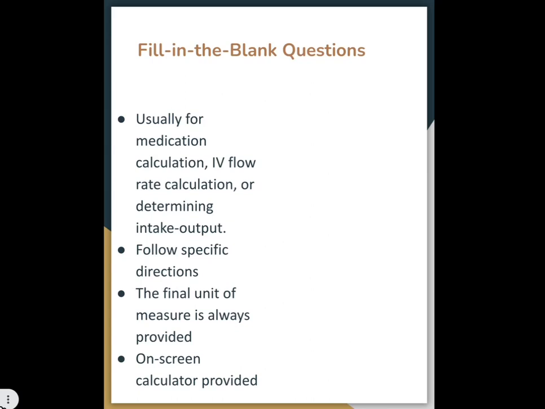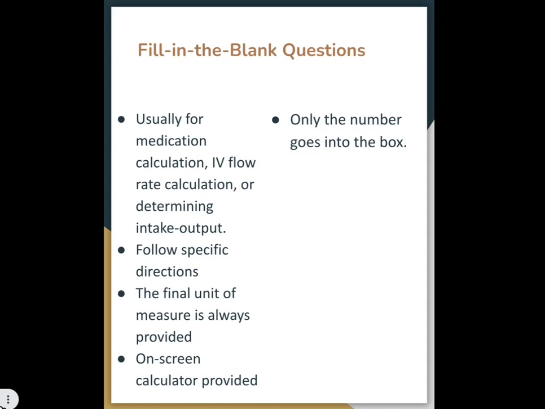All right. So, on the NCLEX, an on screen calculator is always provided. So, you don't have to worry about that. And usually, when a calculator is provided, you'll find that the questions aren't usually overly complex. It's about you knowing where to plug and chug those numbers into formulae that will actually get you to the